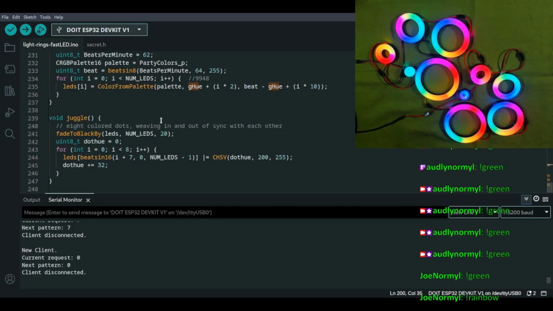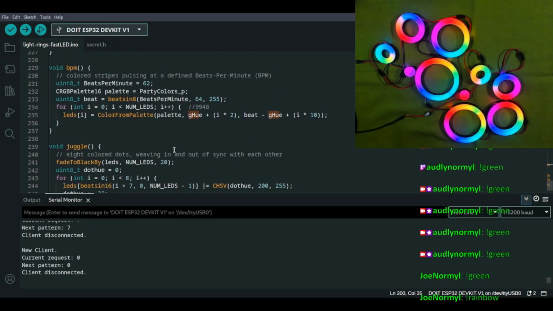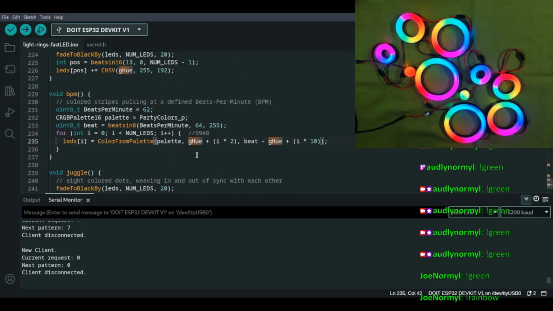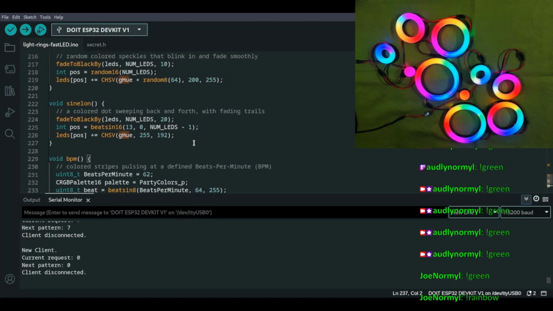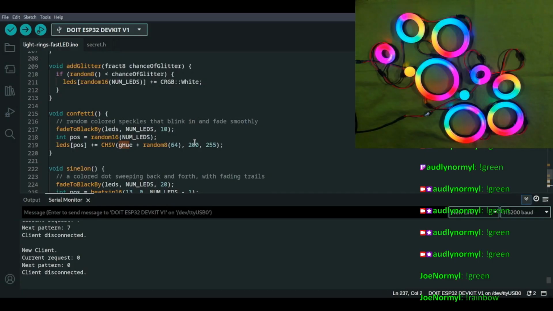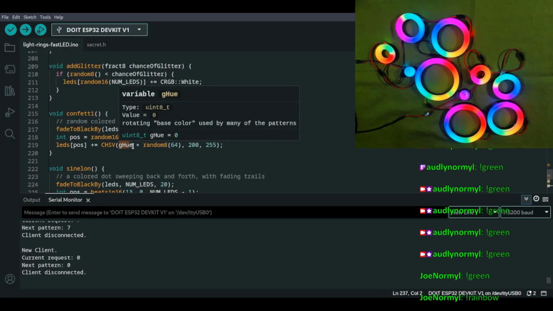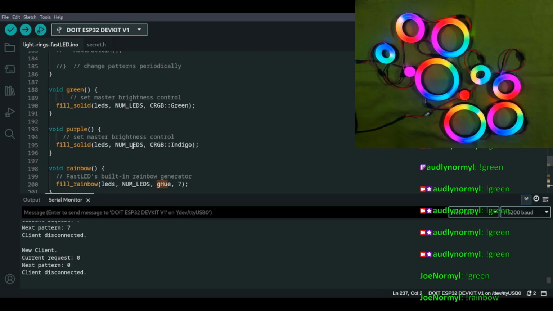Looking at some of these, a lot of them are using this gHue, which is basically just a zero point essentially. And then it uses that to somehow go around the spectrum of colors. I'm not exactly sure. Okay, let's go back up to the solid.